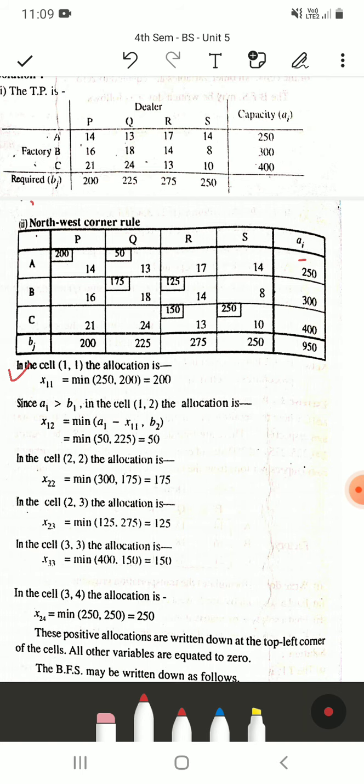So in cell 1 the allocation made is the minimum of AI and BJ. So minimum is 200. So you have to make this allocation and you have to subtract whatever allocation is made from the AI. Suppose you are making allocation, here it was 250 and here it was 200. So allocation made is 200, but this is completely exhausted and 50 is remaining. So you have to come to the next row. We'll see that in the next class. So as of now remember this.